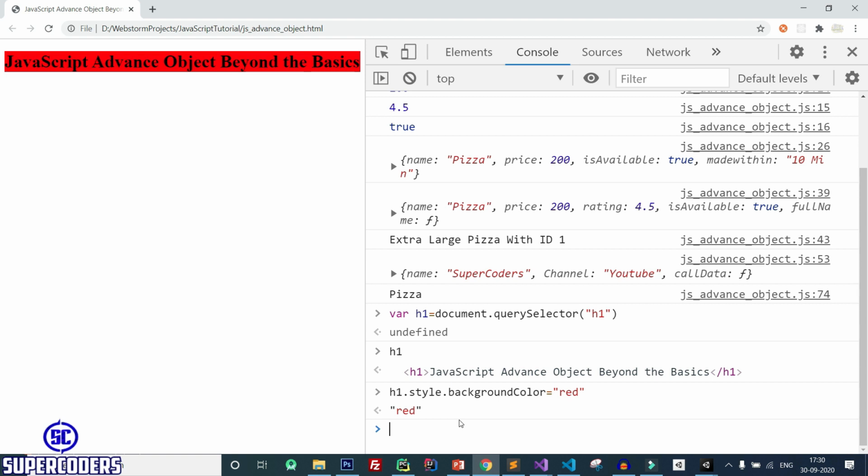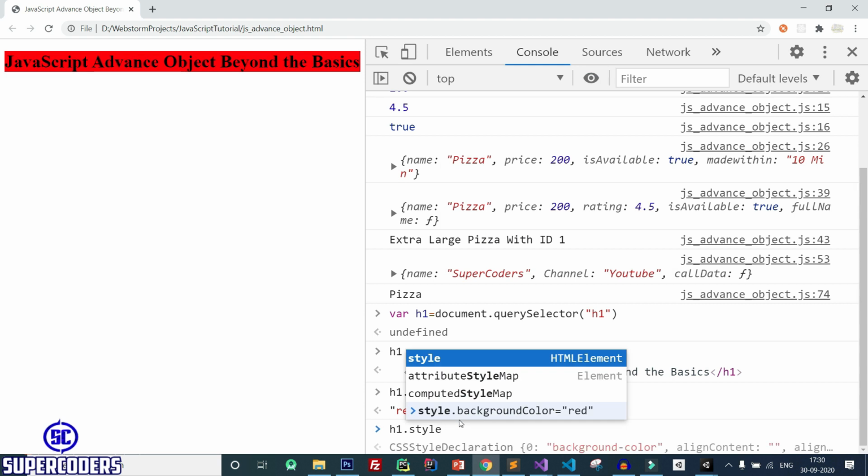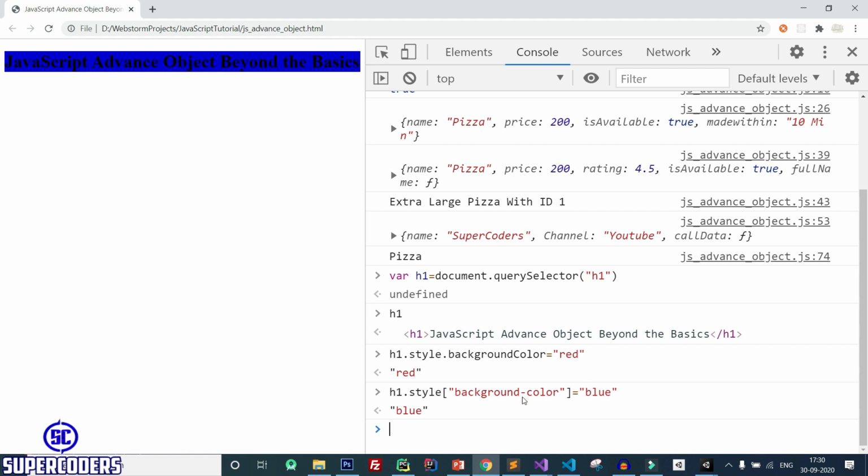You can set this using the same way: simply remove everything, again square bracket, and here pass this CSS property. No need to pass the JavaScript property. So here I'm passing background color again, equal to blue. This is very useful when you don't know the property name in JavaScript. You can use the CSS style property using square bracket to set the property in your HTML pages. So let's add this in VS Code also.